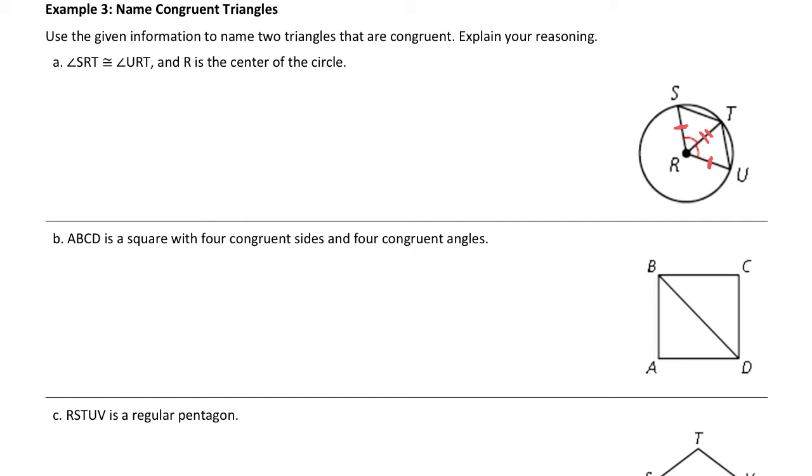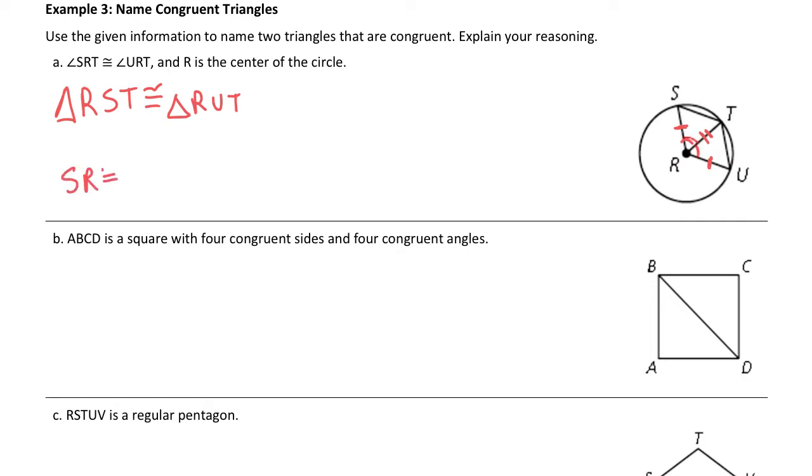So the way I would name these, I would name it like this. I would say that triangle RST is congruent to triangle RUT. And part of the reason why we're given that SRT and URT are the same, the angles that are marked congruent,